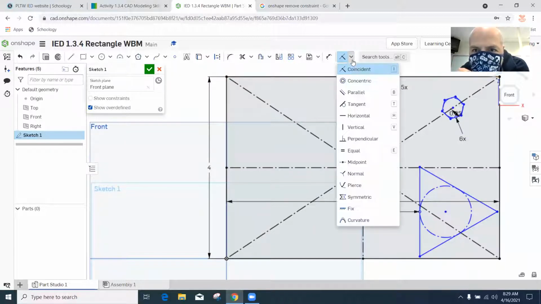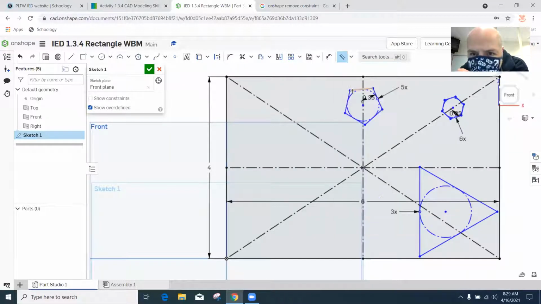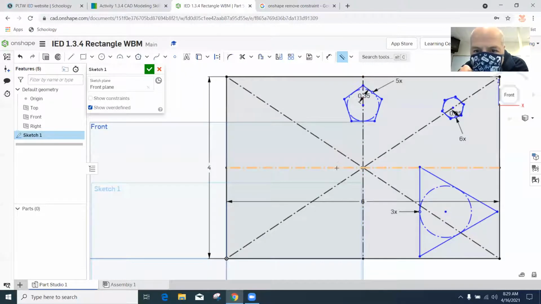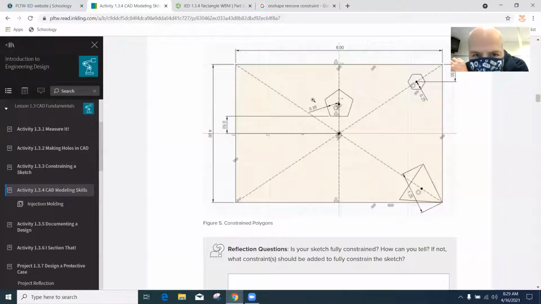So let me do a constraint. Let me see. Let's do a parallel. I want that to be parallel to that. See, it worked. And so now I've got the constraint of the pentagon that's on the vertical dash line, and the base of it is parallel to the horizontal line, which makes it also horizontal, which there was another constraint option for that. And then the last piece is going to be the